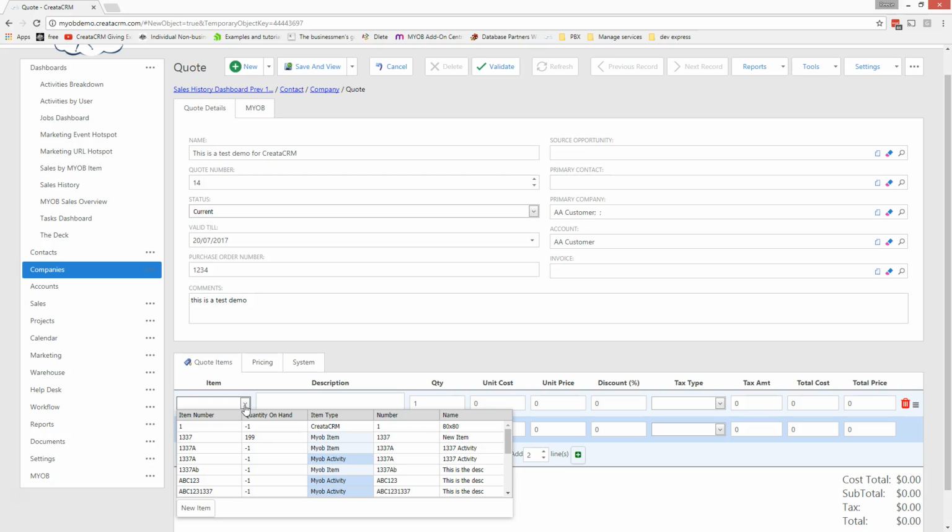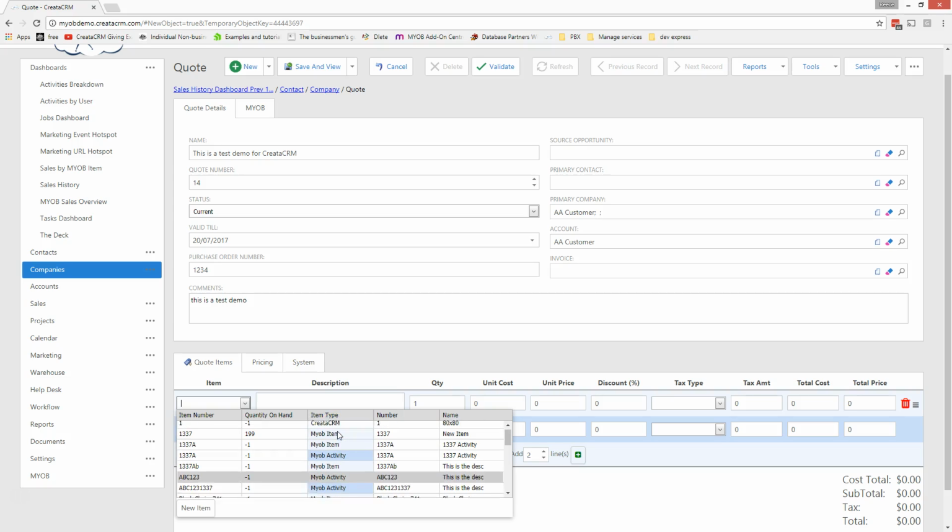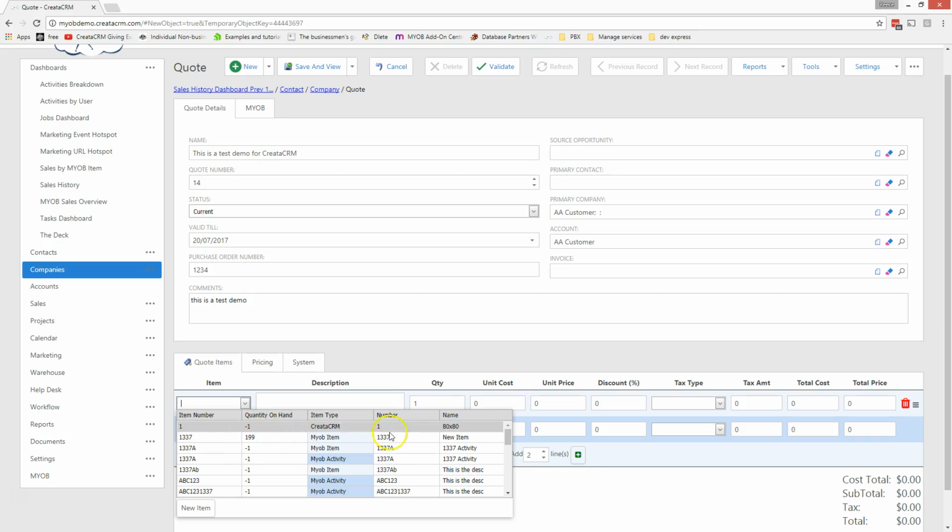So what that means is, as you can see here, is that you've got all these different items that are displaying in this particular view. Now if you look closely here, you've got things like the item type. Now that comes from CreataCRM itself. So you can actually bring in the CreataCRM item types, and that even has different inventory stock levels in here as well. You've got the name of it here, which is like the name of the type, and then you've got